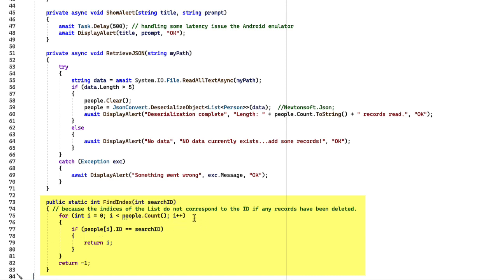So we're going to iterate through our people list. So people.count is our upper bounds here on this for loop. And if people sub i, each record's going to be sub i in our loop, if its ID equals the search ID, we found that record and we can return i. That's going to be the index in our list. Otherwise, we return a -1, meaning it didn't find it. That is our